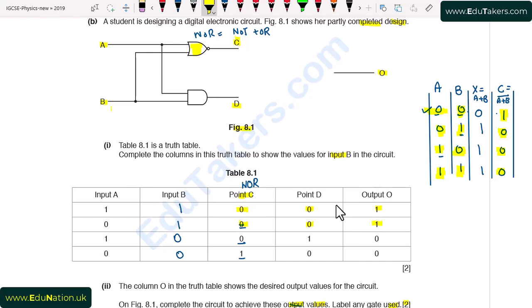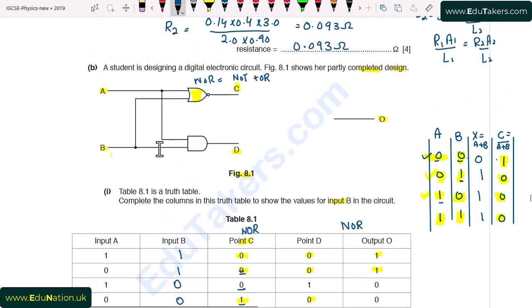Second is that when input is 0 1, output is 0. And last one is inputs are 1 and 0, the output is 0. So this is basically for NOR gate. C and D. Here is NOR gate and then it gives the output O. So we have to draw here NOR gate. It will be,